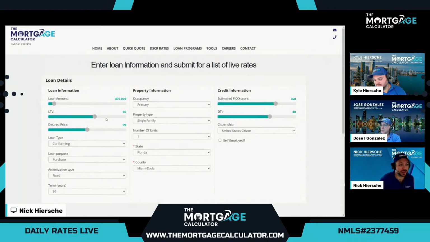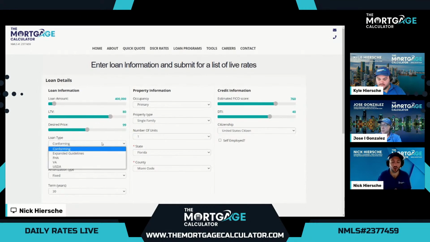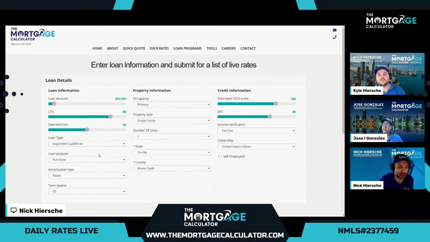Now, for our final example for a primary home, if a customer for some reason doesn't qualify for conventional or FHA, many other banks and lenders do not have other options. Fortunately, at the Mortgage Calculator, that's where we specialize. We have over 5,000 loan programs under expanded guidelines, aka non-QM. We'll keep everything else the same, except now we have one new option that pops up, which is our